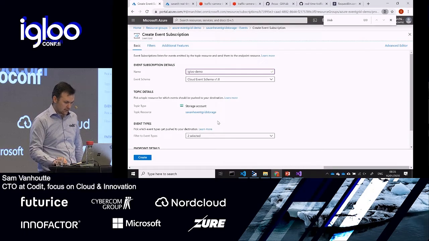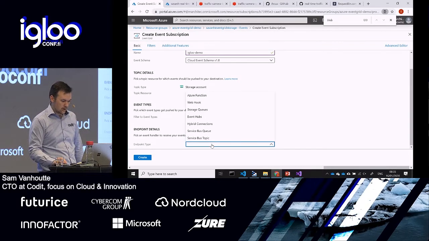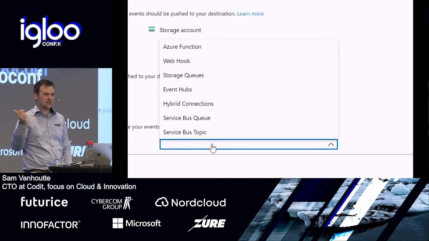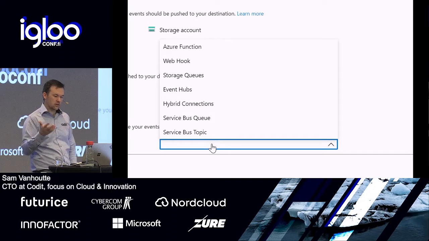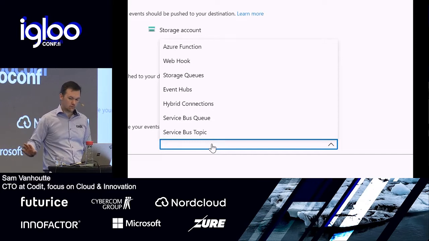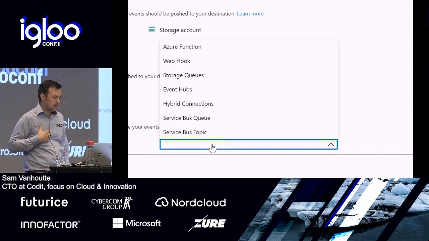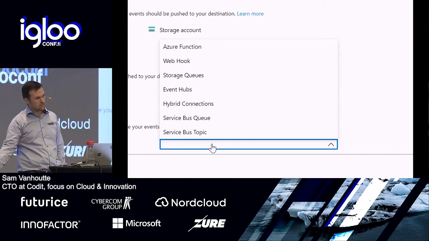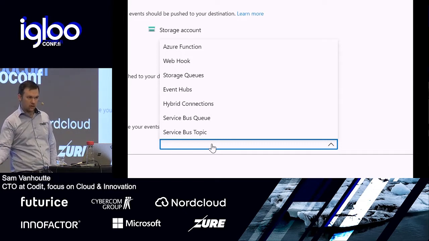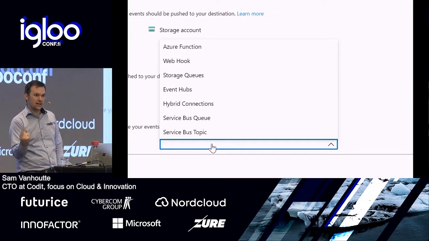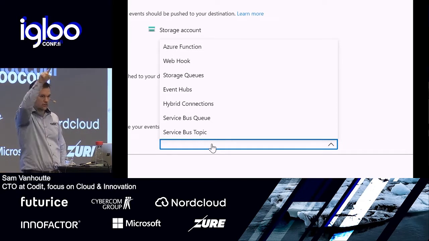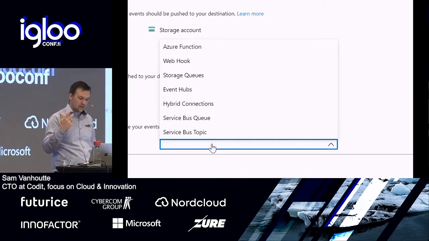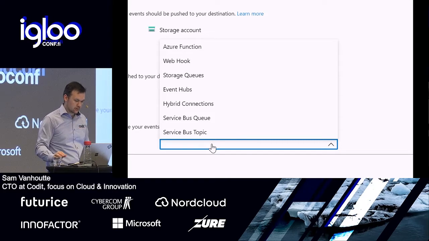and then I have to specify these endpoint details, where, let's zoom in again, you have an Azure function. So that's the session of Martin and Alan. You have a webhook, which I will show now. You have storage queues, which I don't believe you should use. You have event hubs. Hybrid connections is to send to something on-prem. So you can have an endpoint in your own data center or on your own device that is actually registered in the cloud, and that's how you would call into that without opening and drilling holes in the firewall. And then you have service bus queues and topics. I think Eldert will talk about those.